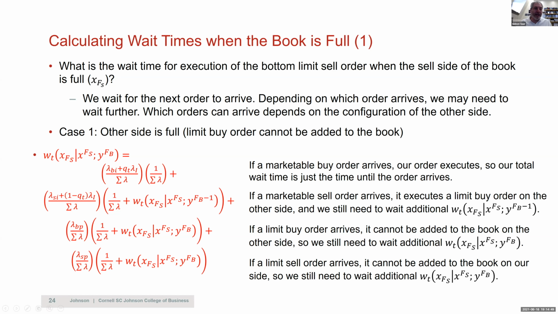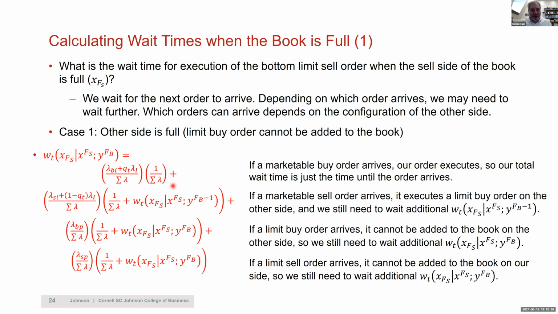So what is the wait time for the ask price in the market when the sell side is full and we're starting with the buy side is full? And by the way, it really matters for us what's happening on the buy side, because whether that's full or not will depend on whether the marketable orders that can execute me come from informed or uninformed. So I need to think about every possible configuration of the other side of the book. This is what makes adverse selection complicated, because without adverse selection, the two sides are independent. It's very easy to solve. Our model becomes one recursive equation. Very nice.